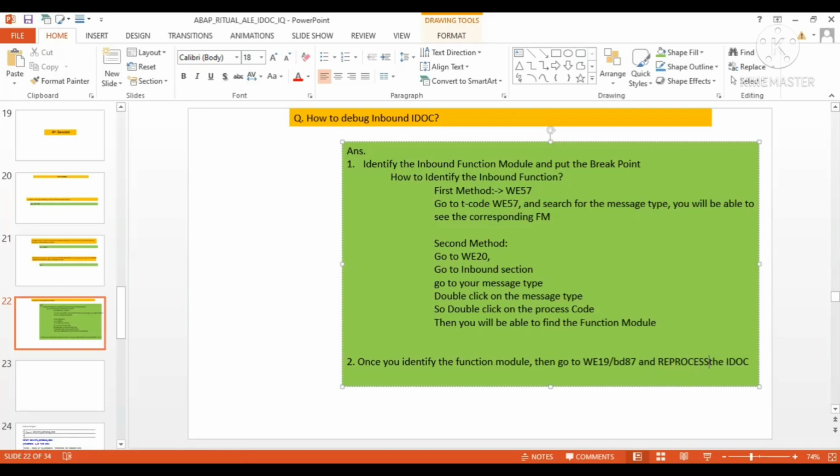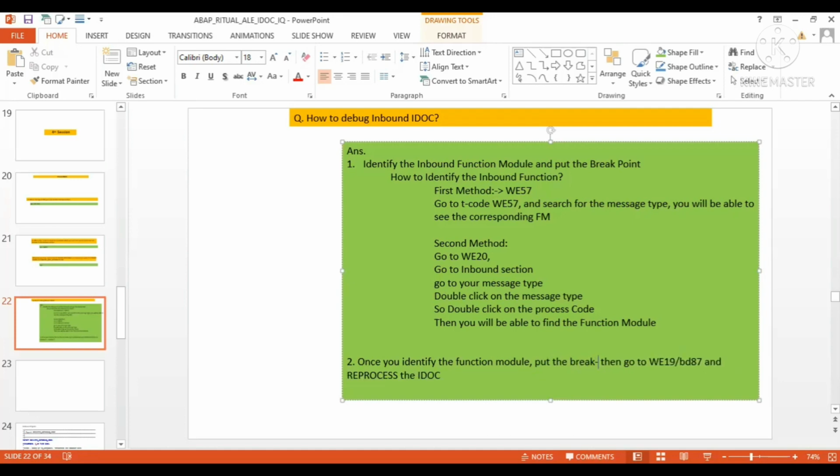Once you identify the function module, put the breakpoint over there, and then go to WE19 or BD87 and reprocess the IDOC. It will hit the debugger, and check what is the issue. Okay, so this is one point.